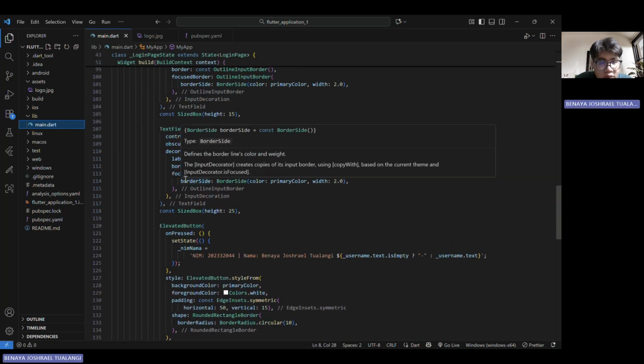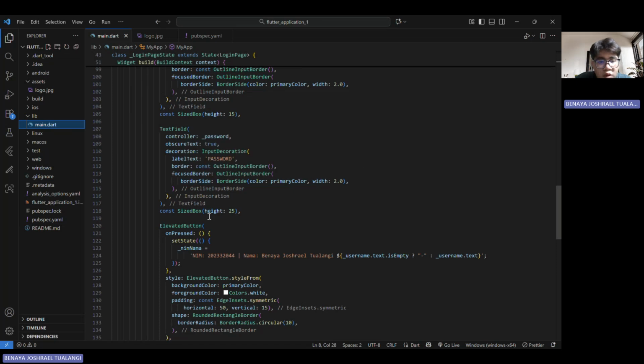In here we can see focusedBorder. Focused border is for customizing the field border to highlight with the deep blue primary color when the user is actively typing.